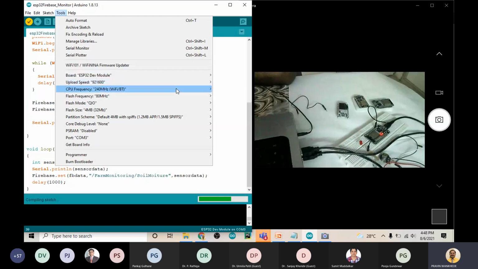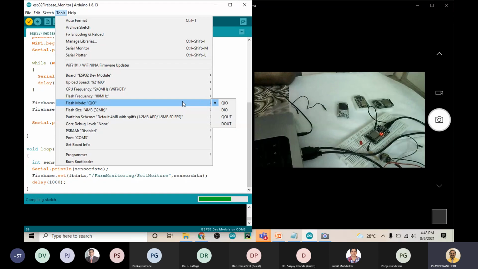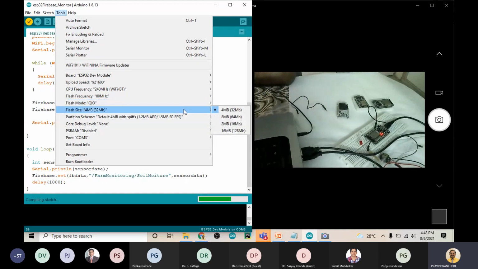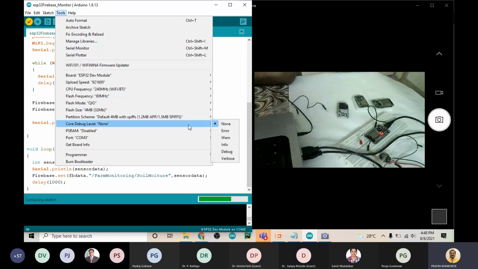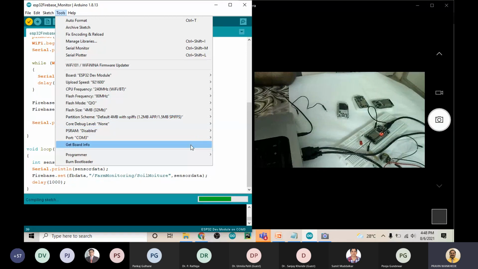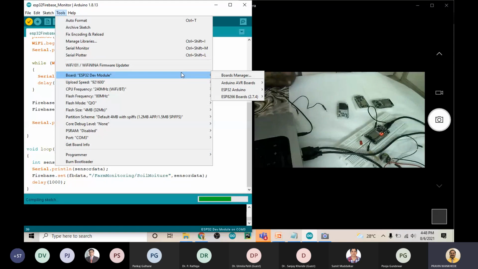Here is the module. I'll show you how this encryption and other algorithms are supported.